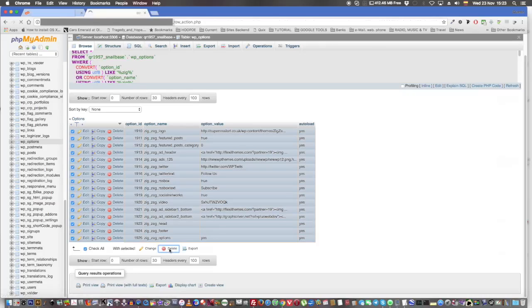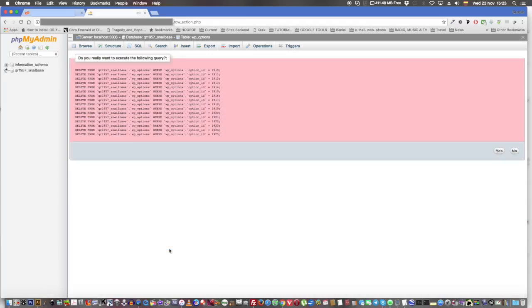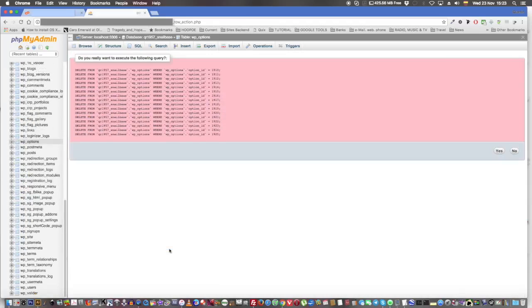It actually does it very quickly, but sometimes my phpMyAdmin doesn't return you the result as quickly as you'd like, but it's going to open another window saying, are you sure? And yes, in this case we're sure, and there it is. So we head up over to the right and we click yes, we want to get rid of all this rubbish. And this is the point where sometimes my phpMyAdmin just sort of stops and stays on this screen,